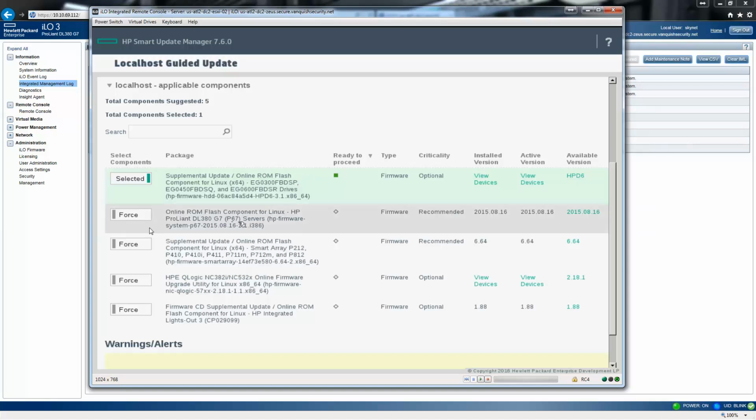You can see the force buttons here. If you wanted to run the firmware again, you could force it to install again. Right now, it's installed as 2015-08-16, and active version is 2015-8-16, the same version, which means it's installed. And the only available version is the same version. So